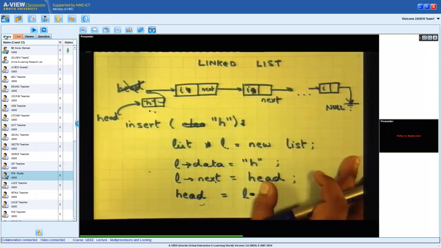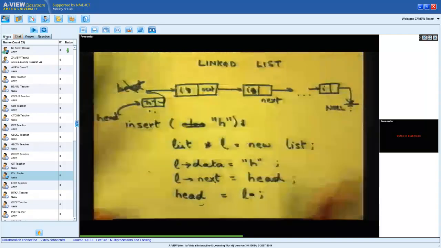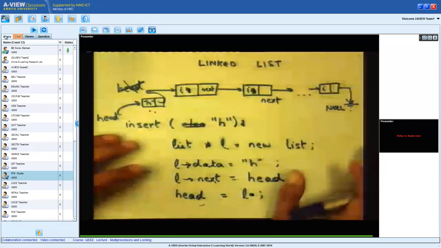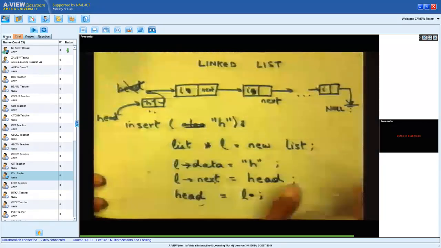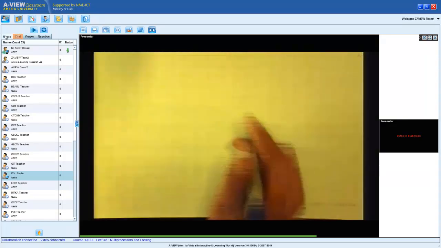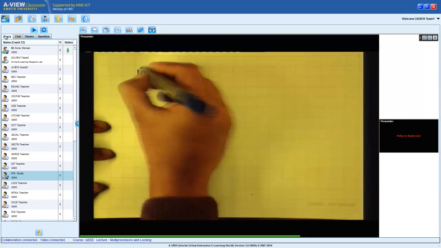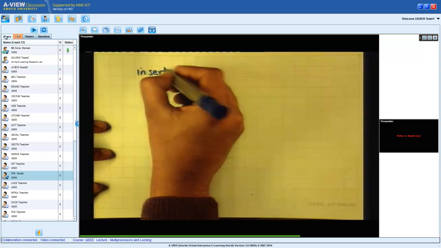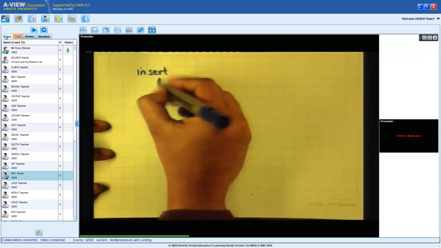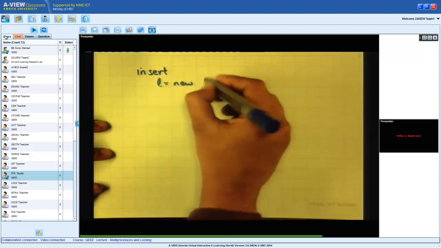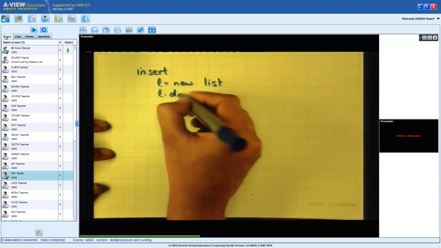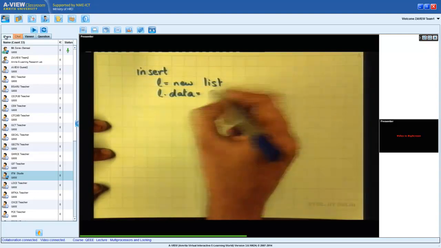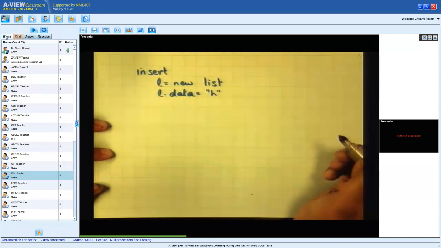But let's say this list was in the same address space, and there were two threads that call insert. So let's rewrite this. So there's insert: L is equal to new list, L dot data is equal to H, right?